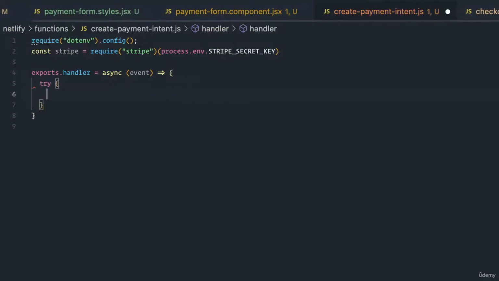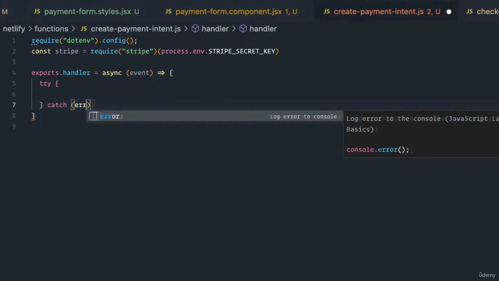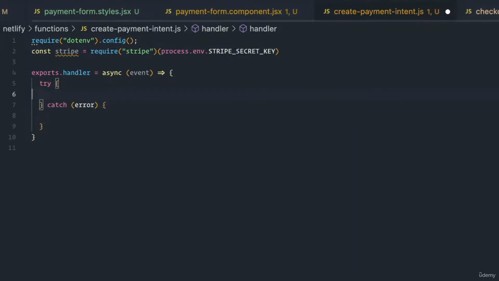So here I'm going to write a try catch block. And what I'm going to say is that when you send me this event, I am going to make a payment intent to Stripe using this Stripe library. In order for me to make a payment intent, though, there's a couple things I need to know. I need to know the currency, and I need to know the payment method that I'm going to accept, as well as the amount. So here I'm going to assume, and this is something we need to know and pass in,